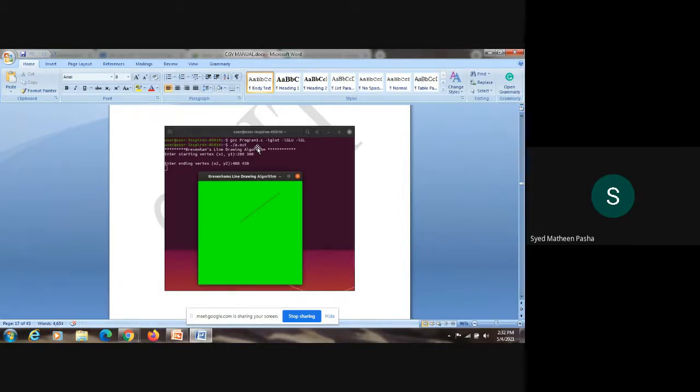But throughout your semester, if you are executing the computer graphics programs, you need to remember this code: gcc program name dot c, minus small l glut. This is in small letters, space, minus small l capital GLU, space, minus small l capital GL. So this is the compilation command of your program. Once the compilation is done, if you want to check out the output of the program, this is the command, and your output is displayed onto the screen.